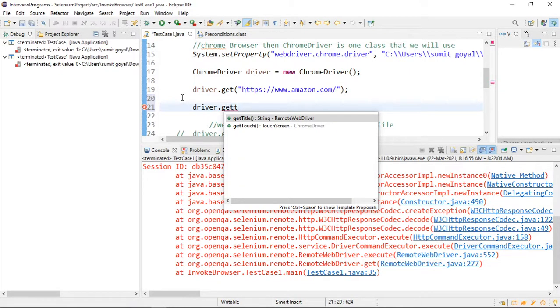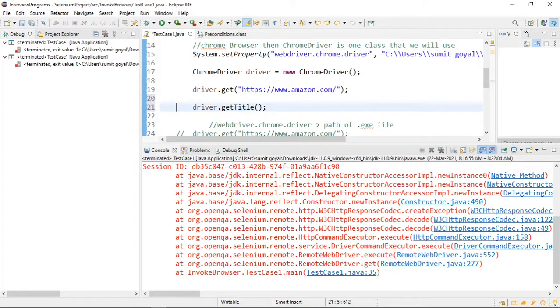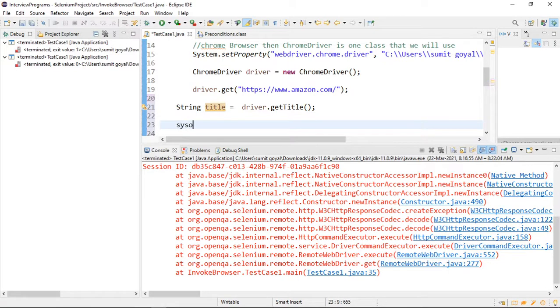This is the method, right? And it has written String, which means it will return string type of data. So let me catch that in one string variable, String title.